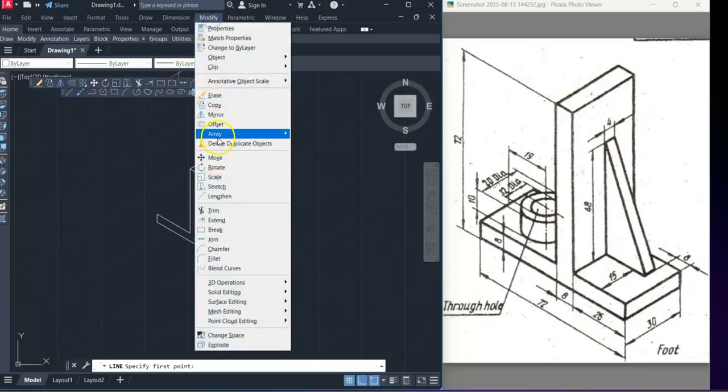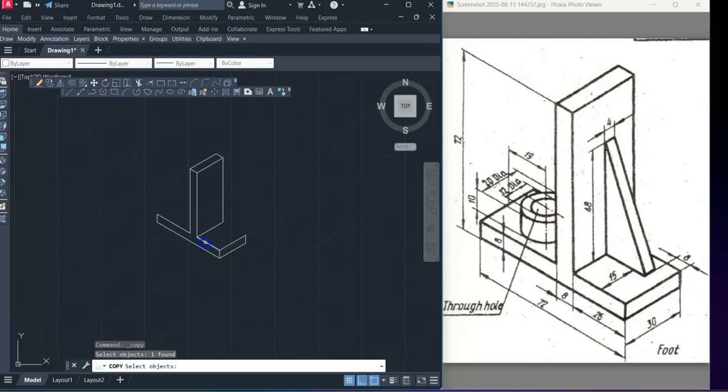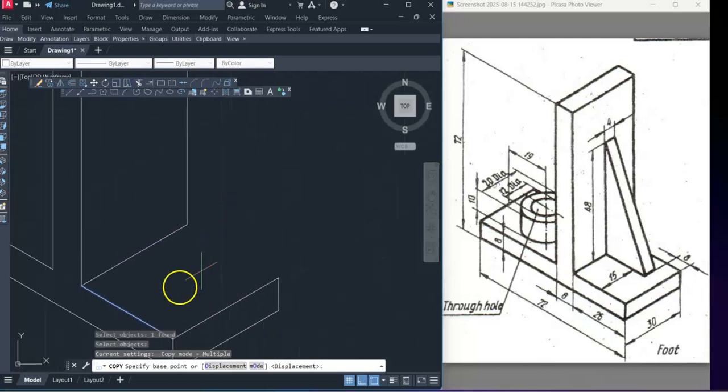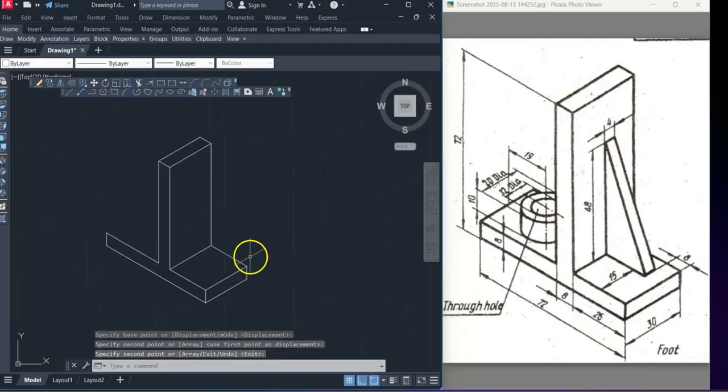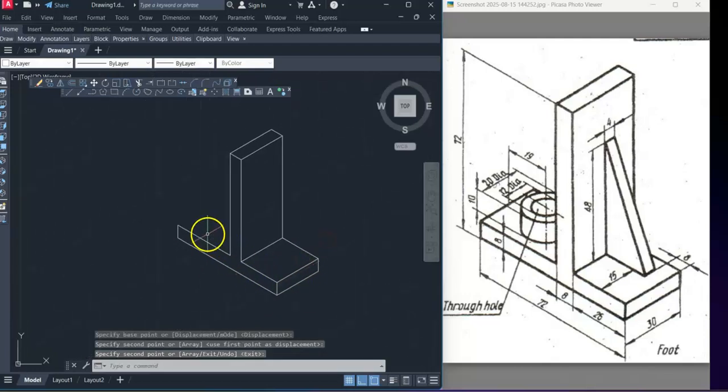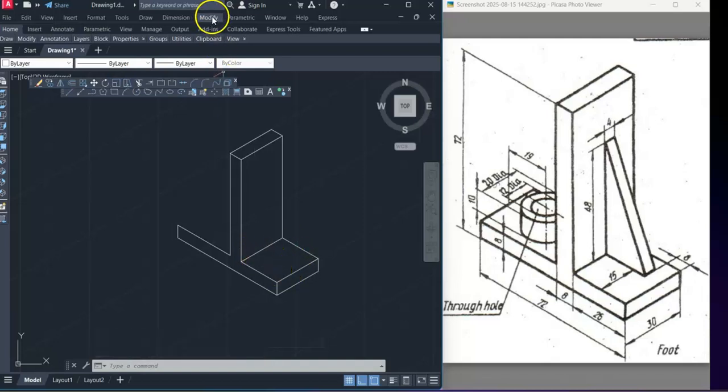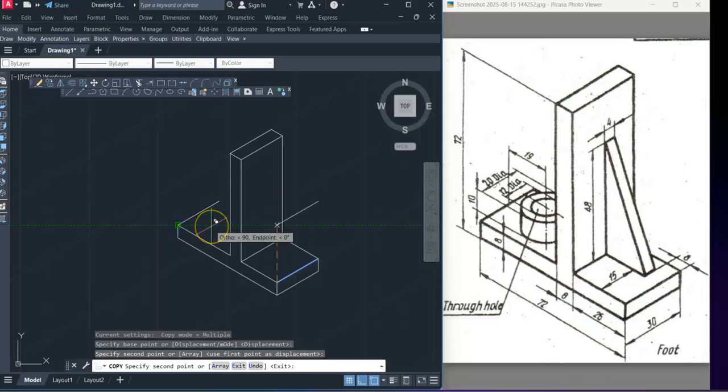Again, I am using the copy. I'm copying this edge from here to here. Okay. Then opposite side also we are doing the same thing. Modify, copy from this edge to this edge. Okay. Similarly,